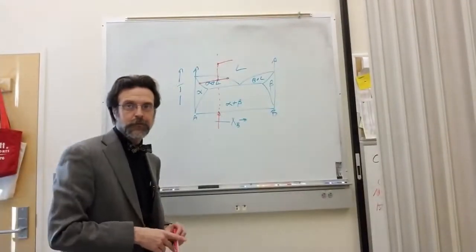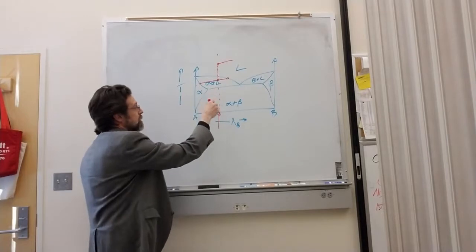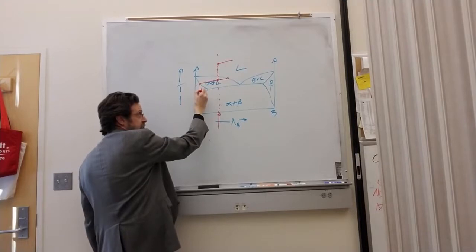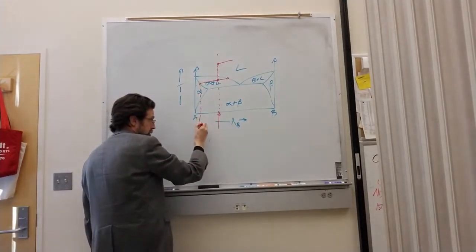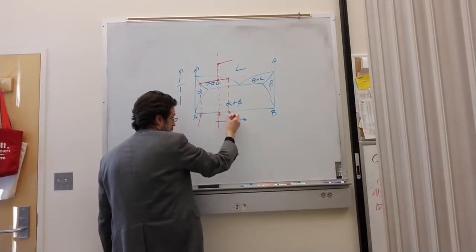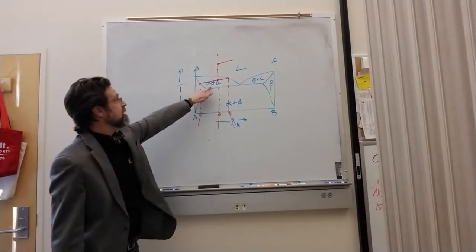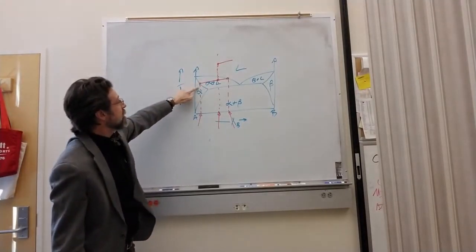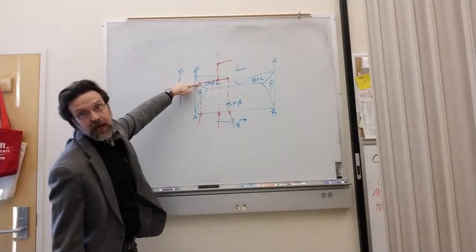We draw a horizontal line, and then draw vertical lines where the horizontal line touches the phase boundaries. We can identify that where the alpha plus liquid and the alpha touch, that gives us the composition of the